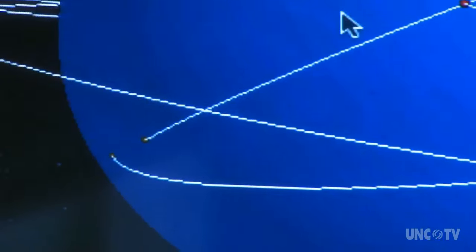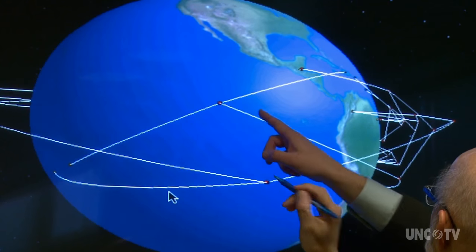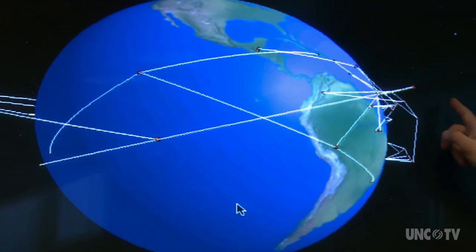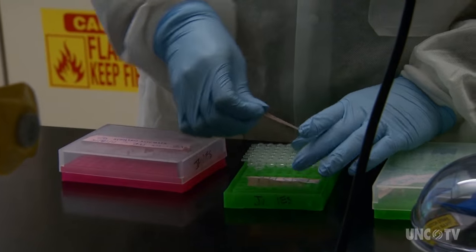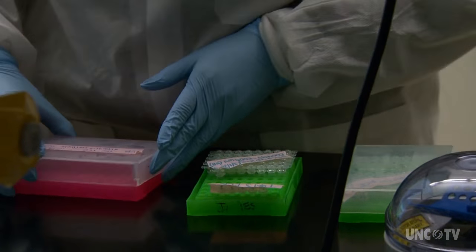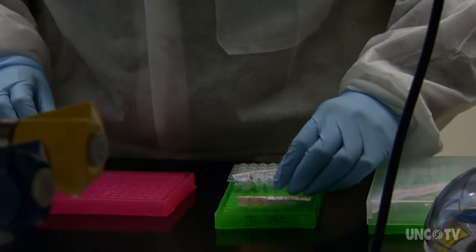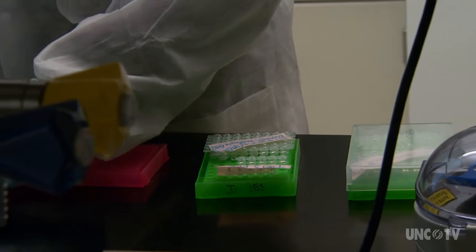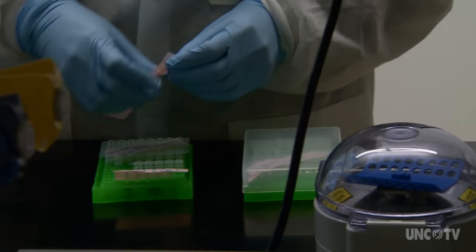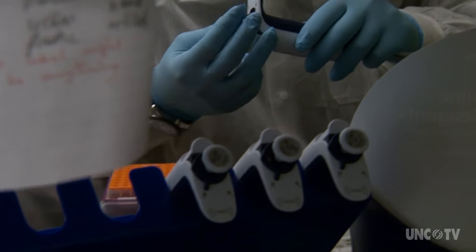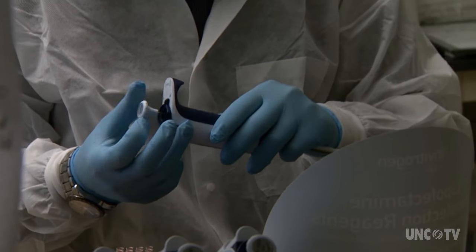The red dots on the map are key. They represent a sample of the virus taken from a patient. That blood sample is used to sequence the virus's DNA. Researchers contacted governments, hospitals, and private labs all over the world to gather the information. The result shows not only how the Zika virus spreads, but also its family tree.